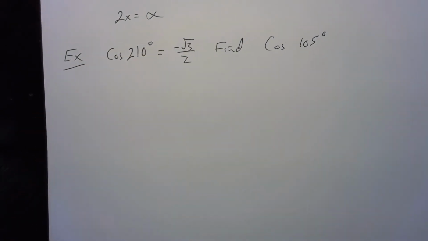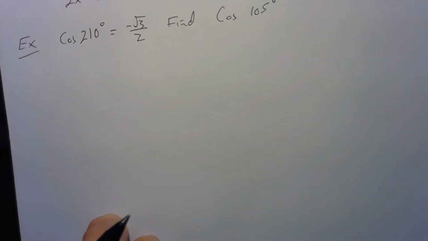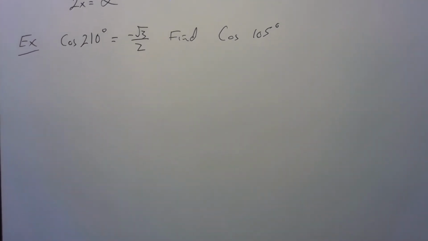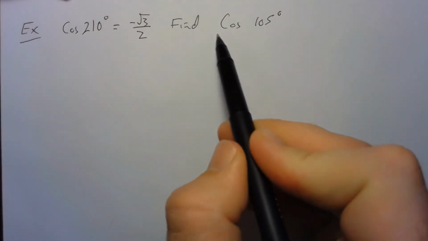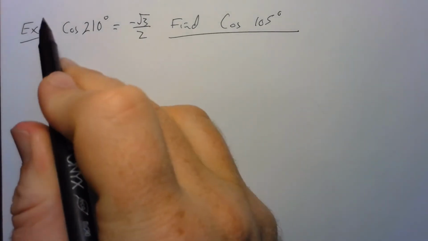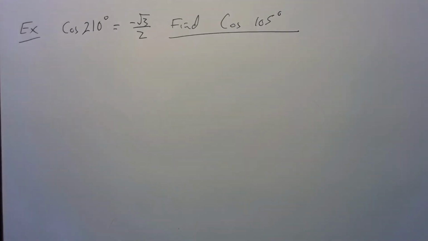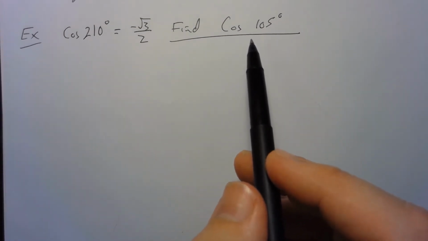It's important to note that there are very few expectations, or the chance of somebody providing you this piece of information is slim to none. They'll provide this or ask you to find this, and you'll have to know where you're going to pull that information from. There might be a couple of different ways to do this problem, in which case you might end up not using a double angle or a half angle rule,